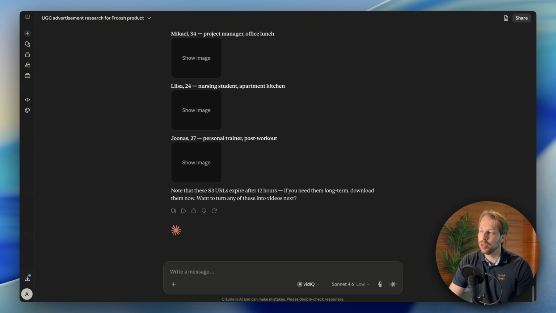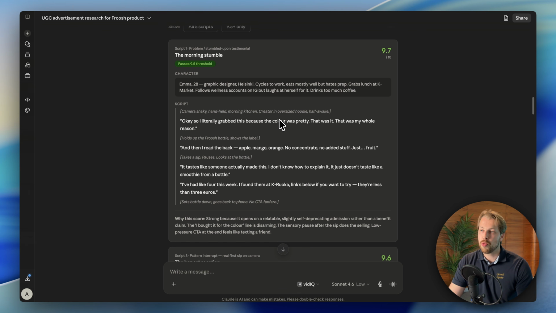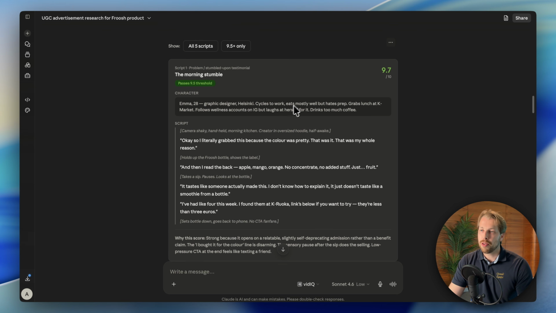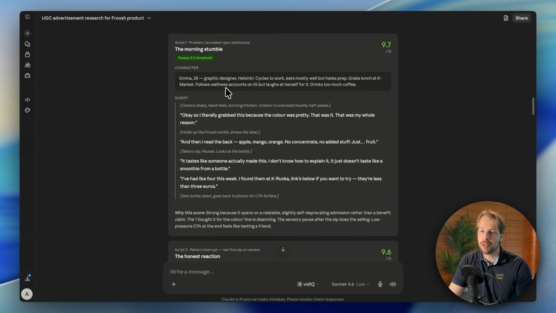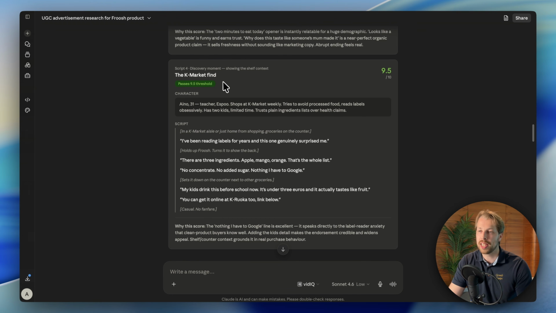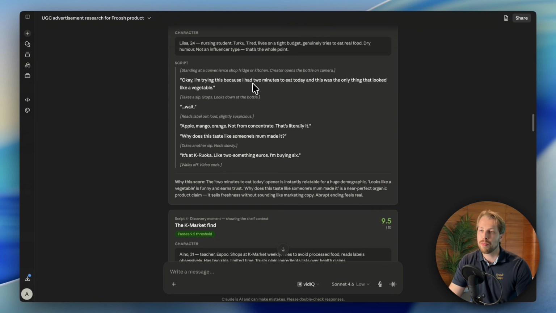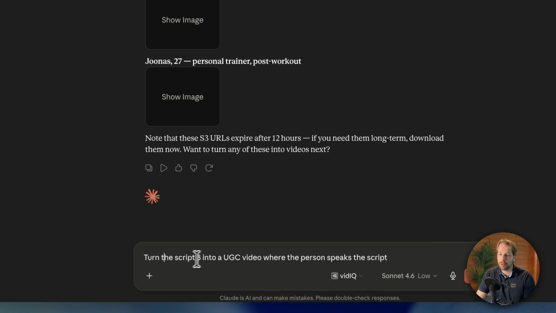But now what we want to do next is we're actually going to turn this picture into a video. And now here's what's really cool about this. Since earlier in the conversation we created these 3 scripts, or whatever many scripts we originally created, but in this one I did 3, now I can just pick one of these based on the images that I liked here in the preview. So I can write in something like, turn the script number 3 into a UGC video where the person speaks